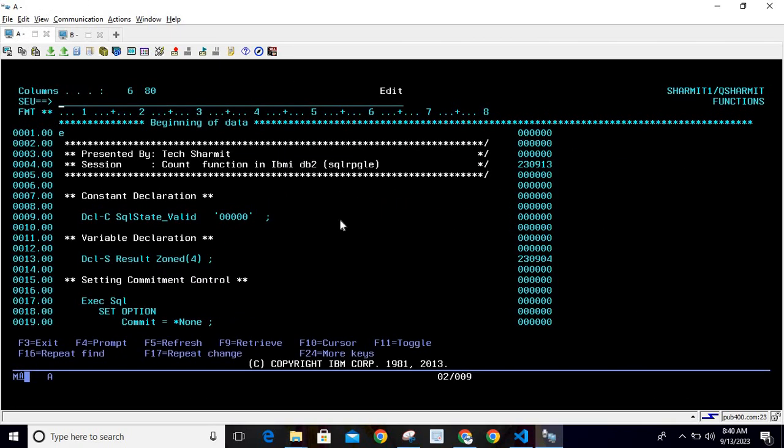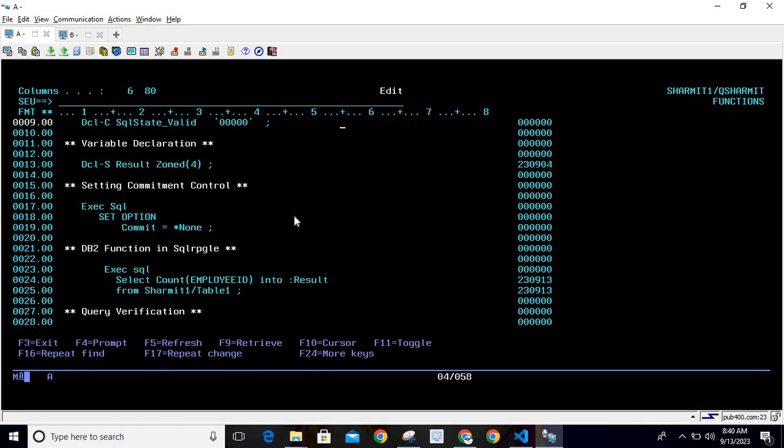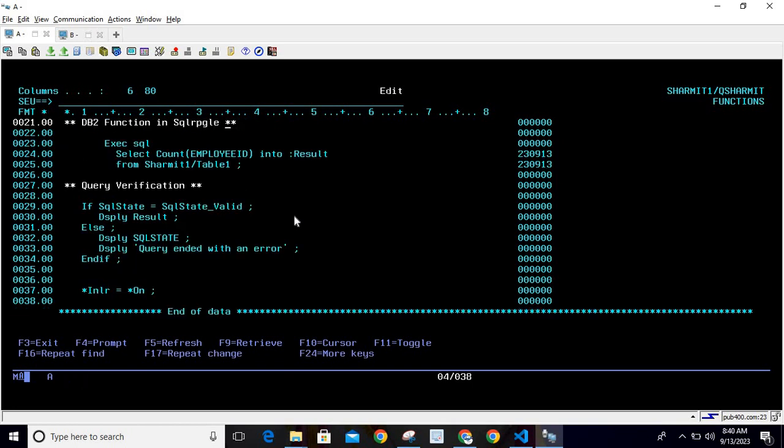First of all, we are setting the SQL state, which is 5 times 0. Below this, we are declaring one zoned decimal variable. This variable we are going to use to store the output which we are retrieving from the count function. Then we are setting the commitment as commit equals star none, and below this we are using the exec SQL command, which is used to execute the query, and the actual query is select count of employee ID